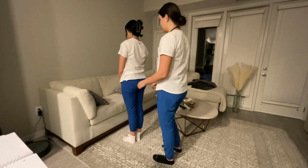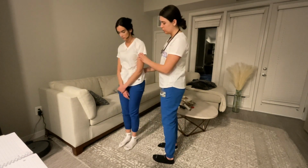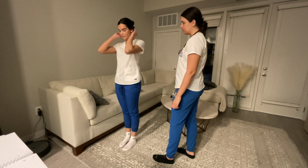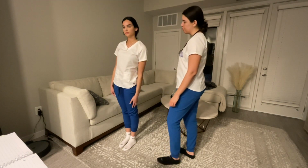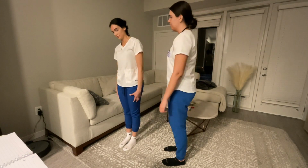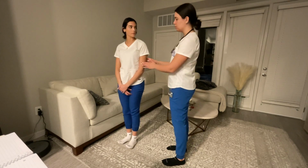Okay, and then I'm going to have you turn this way. I'm going to have you lean back a little bit, and then lean forward, touch your toes. Okay, perfect. And then I'm going to have you lean to the side. There we go, and then other side. Perfect. And then I'm just going to assess some of your joints as well, so I'll have your face towards